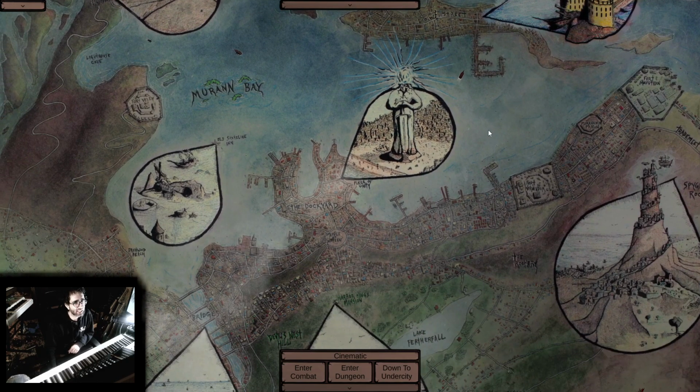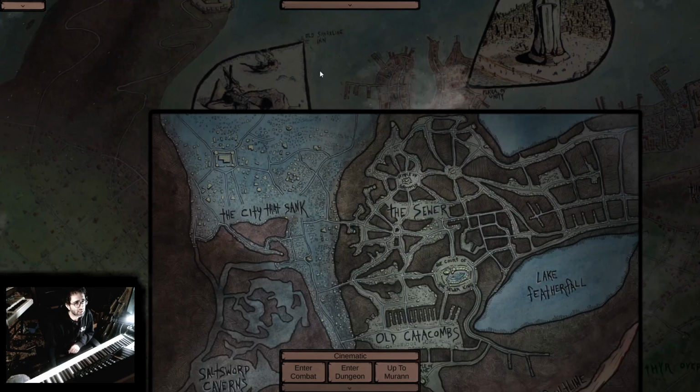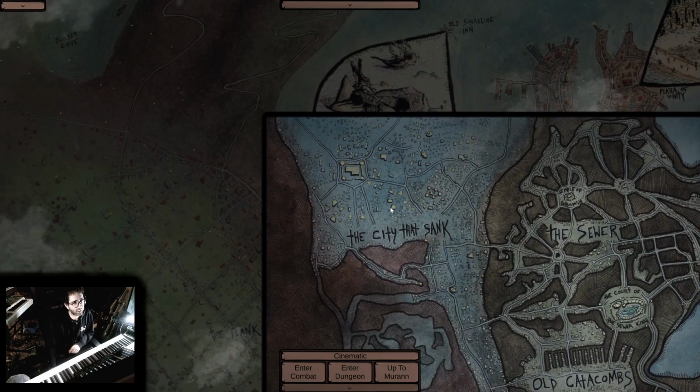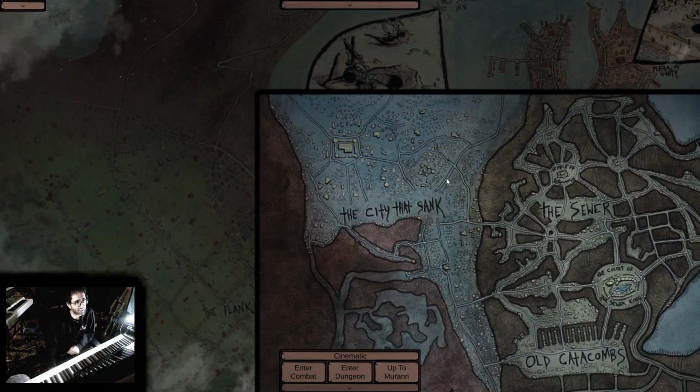Okay, so a city that sank. I told you to go there, so go into Moran Bay. It goes underwater, and this is the city that sank area. This is a really chill area. Giant seahorses are used as mounts by sea elves, and merfolk cruise around. Some of the Monster Kingdom remnants here would have